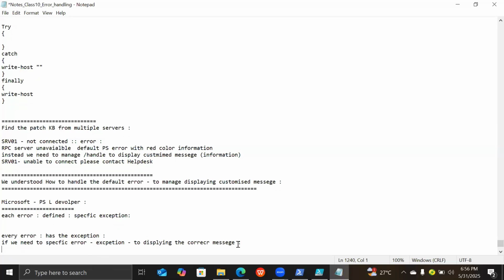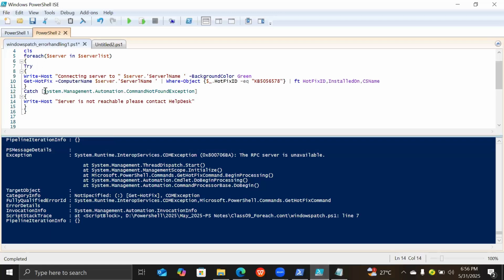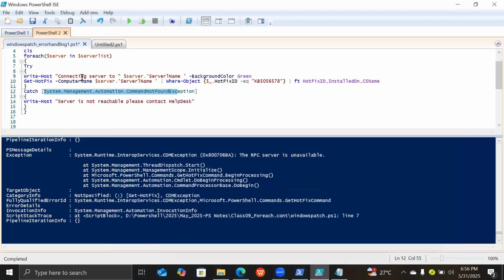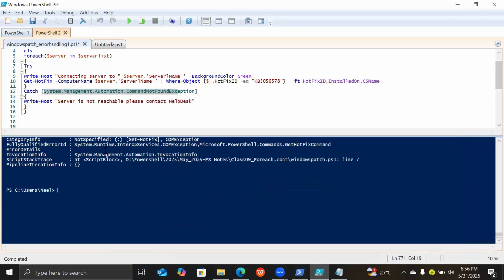Now I'm talking about a little advanced level, from a developing point of view, right? Now you might have seen they write catch with this kind of exception, and this exception and your error should match. If it does not match, you won't get this, right. Now see this, this exception is related to what? It is related to a cmdlet that is not recognized, but the actual error is computer not connecting, that is coming as System.Runtime, but that is not matching here,